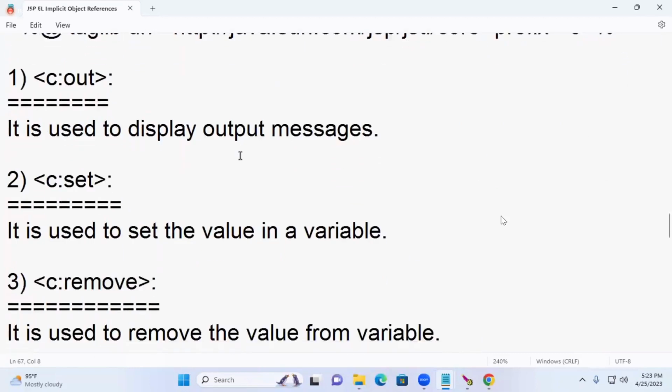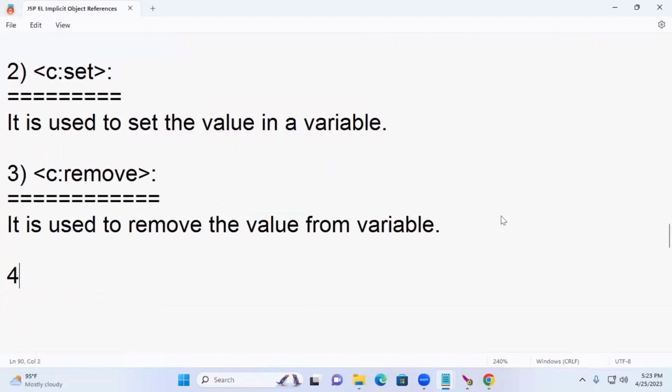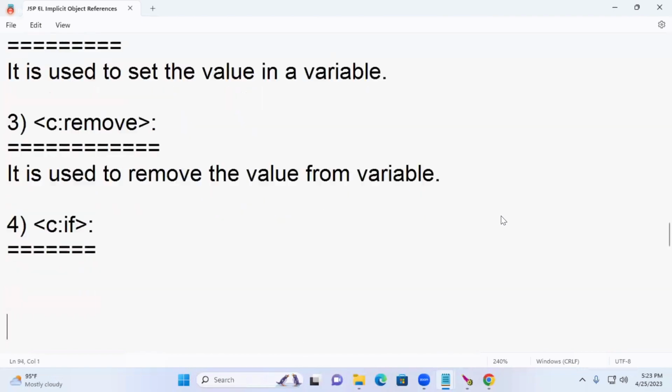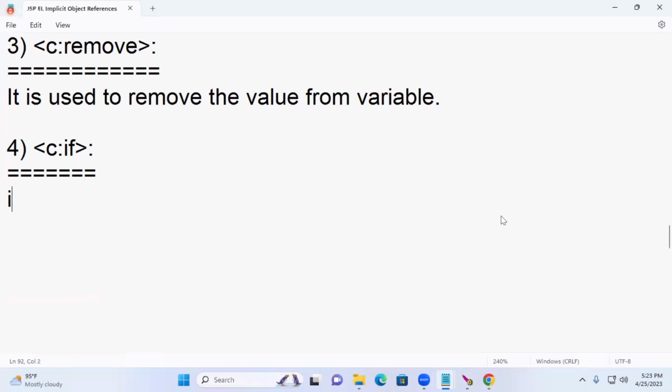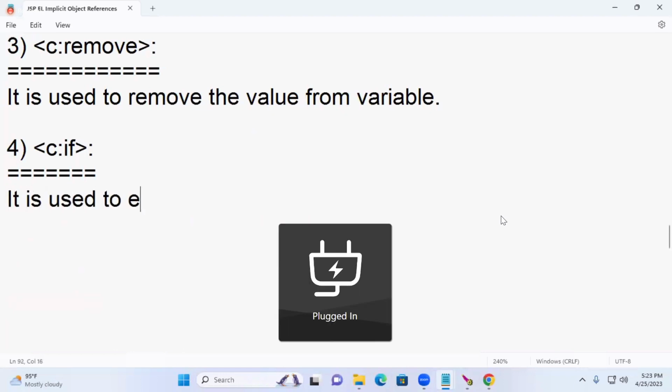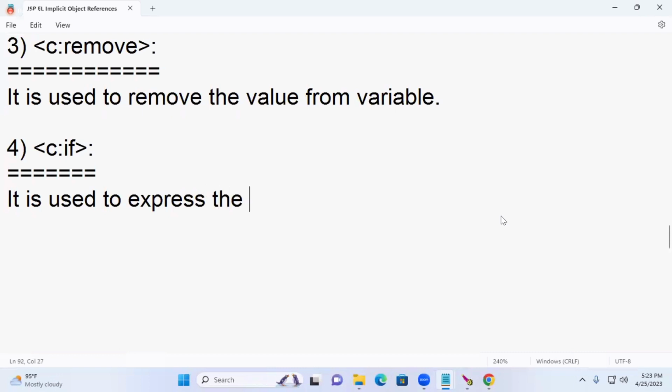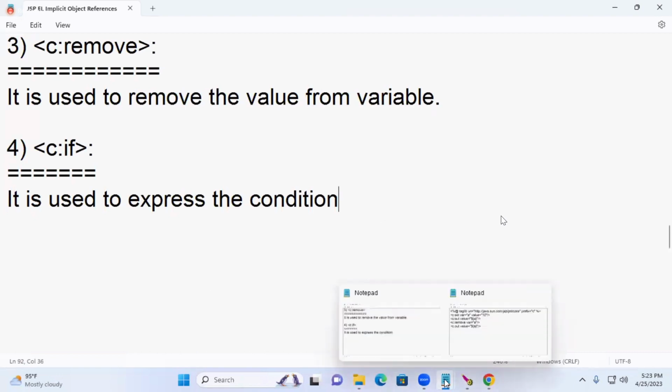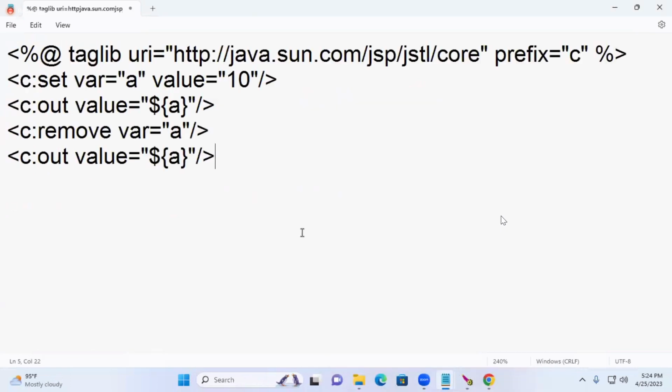Fourth one, C colon if. It is used to express the condition. So it is equivalent to an if statement, like,